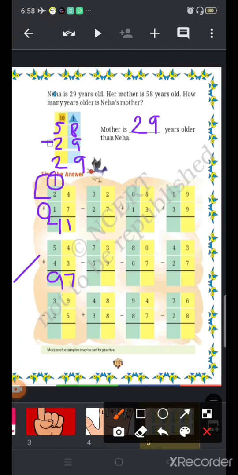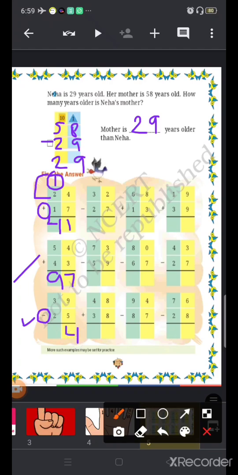Now the next is a sum of subtraction because what sign is given here? Minus. Okay. So we'll subtract these. 9 minus 5. So we'll subtract 5 from 9. After 5, we'll start counting and we'll stop at which number? 9. So start counting: 6, 7, 8, 9. How many finger parts have you counted? 4. Right? So we'll write here 4. So 9 minus 5 is equal to 4.